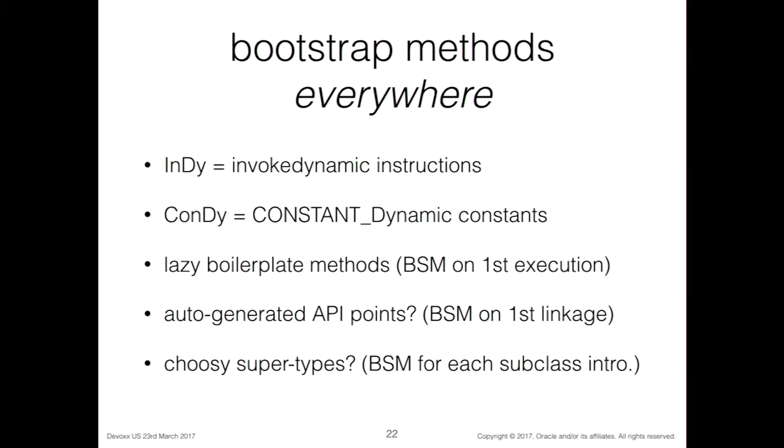I'm going to talk about this a little bit in the next talk too, but basically one of the things we want to do is put bootstrap methods in more places. So Indy and Condi have already been talked about. I mentioned the lazy boilerplate method earlier. There are other things we might want to be able to do, such as what if you could have a superclass which said, every one of my subclasses will have a toString method. If they don't define the toString method, then I'm going to define it for them as a piece of boilerplate that expands differently in each subclass. Right? That's not a bad idea, and we can do that with a bootstrap method and proper wiring in the